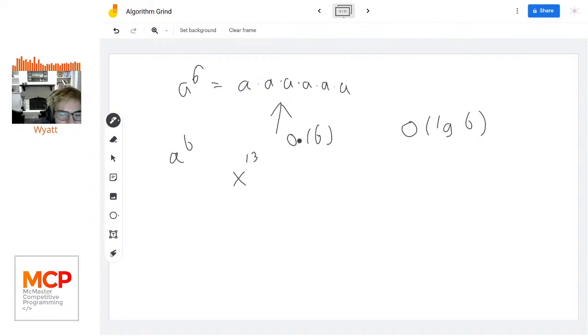The naive way of doing it, as we mentioned, is to multiply x 13 times, which is pretty slow. But maybe a better way is to think that 13 has a binary representation, right? We can think of 13 as what? 8 plus 4 plus 0 plus 1. Sorry, 8 plus 4 plus 1 gives us 13. Did I do this right? Yeah, sorry, that's correct. So